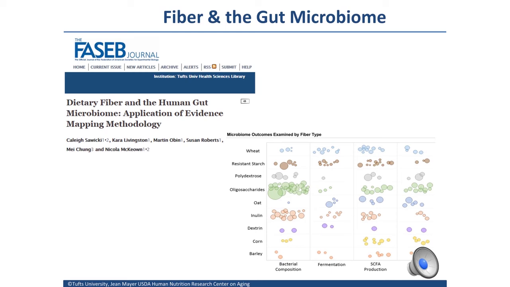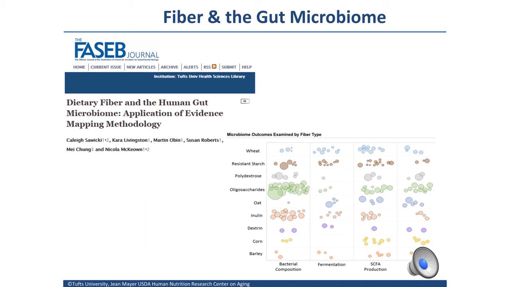So one aspect of her work that I thought would be particularly interesting to highlight is the bubble plot that you see in the lower right-hand corner of the slide. In this plot, each bubble represents a study, and the size of the bubble represents the relative sample size of the study. Placement of the bubbles is random, but bubble plots like this one are a great way to visualize where the literature stands. So for example, we can see that there are far fewer microbiota studies on dextrin as compared to